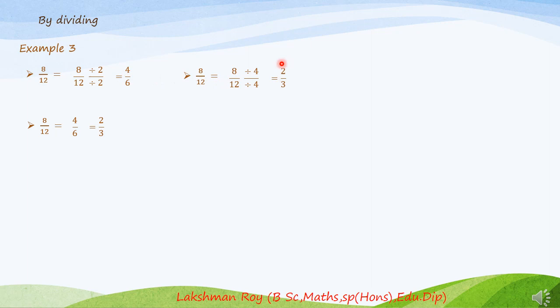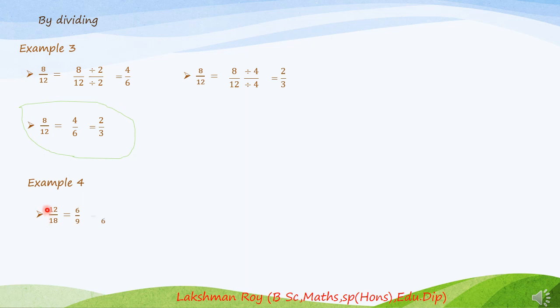Let's see another example. In this fourth example, you can see here 12/18. This is my fraction. I want to find equivalent fractions, so I select the number 2. 12 and 18 both can divide by 2. So 12 divided by 2 is 6, and 18 divided by 2 is 9. Then I go to 3. 12 and 18 both can divide by 3, so 12 divided by 3 is 4, and 18 divided by 3 is 6.